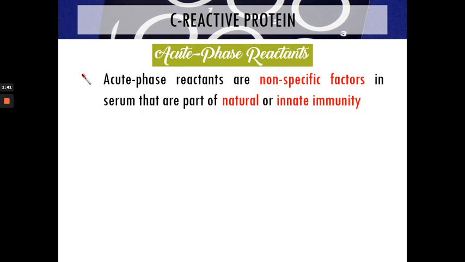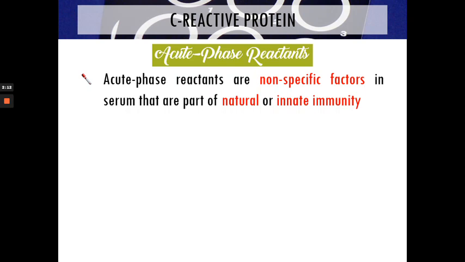So since it's part of natural immunity, you already have it when you are born. So it's non-specific. It does not have memory, it does not have specificity. So it targets any antigen or pathogen that may enter your body. All right? So di siya parehas sa imong adaptive immunity, di ba, na naay memory, na naay specificity. Okay? All right. So these are substances, usually proteins, that are non-specific and are part of your innate